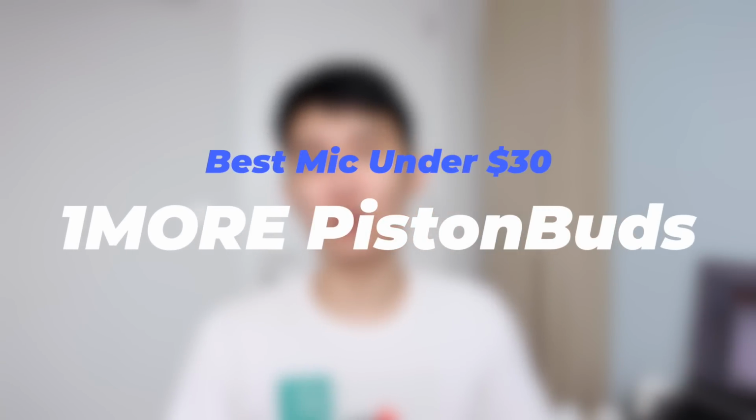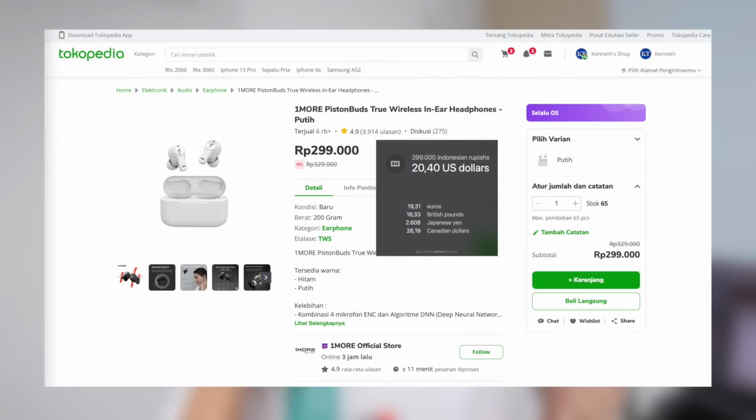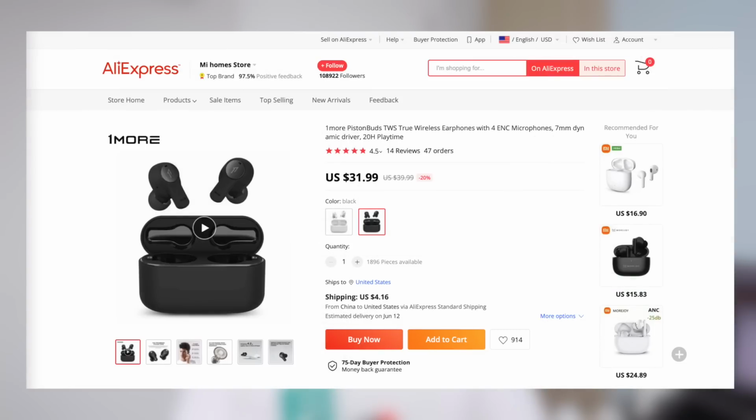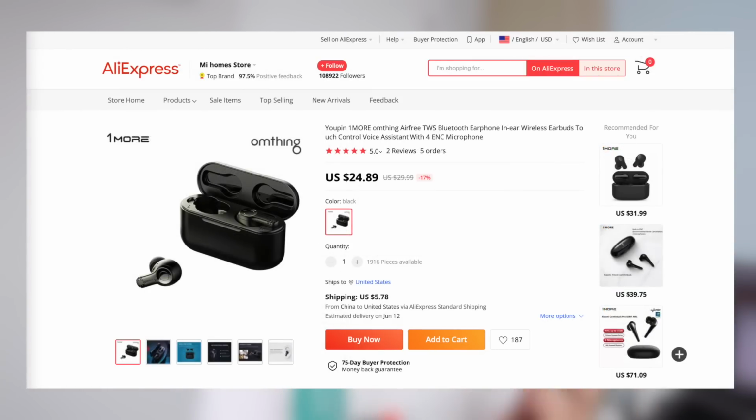Now the pricing and model on this thing is a bit confusing because in my country, it goes for only 20 bucks, while in AliExpress, it's much more expensive at 32. And there is the exact same model called Something Airfree, which sells for 25 or even replaces the One More in some markets. But basically, the price still falls under the scope of our video today,